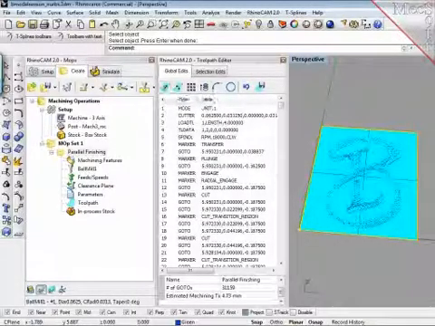Then there are a couple of functions which are really cool. I can transform the toolpath, reverse it,